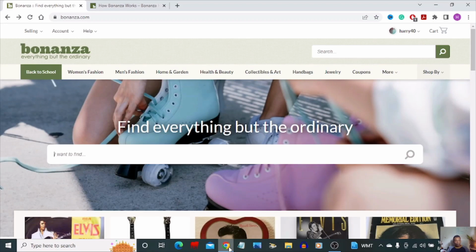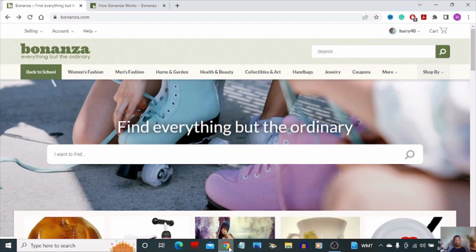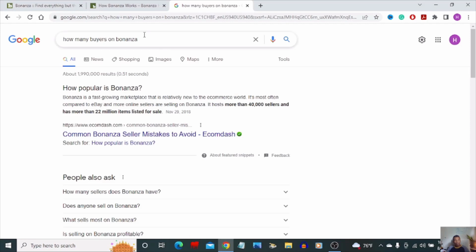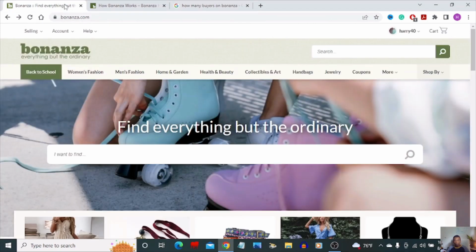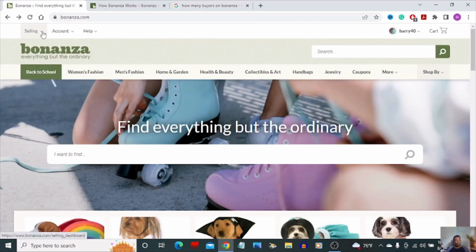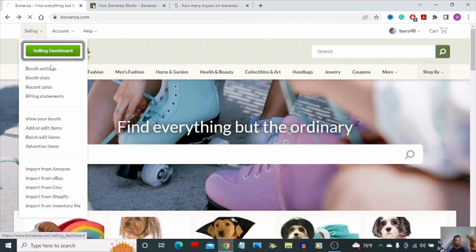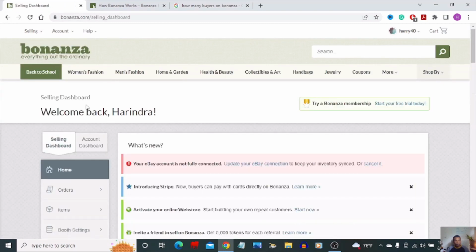Today I'm going to talk about how to import eBay listings to the Bonanza site. Right guys, I'm going back to my site, going to the selling dashboard. You can see I'm not connected to eBay. It says your eBay account is not fully connected. Update your eBay connection. Like the guide says, I have to follow the steps, then see how we can import from eBay to